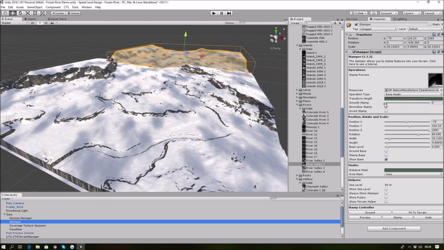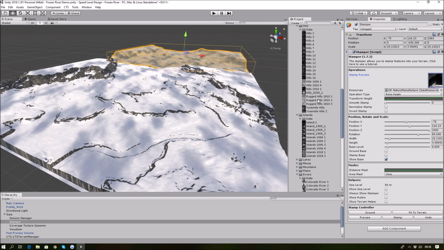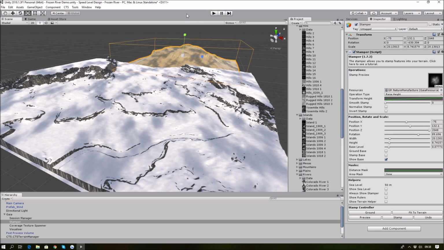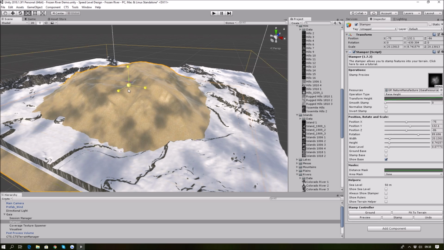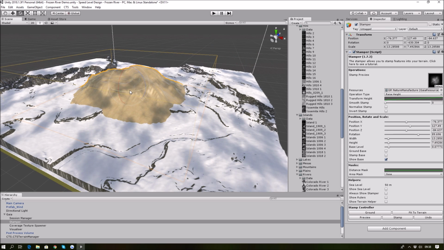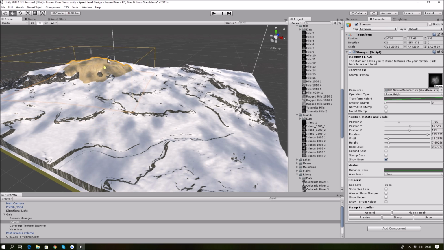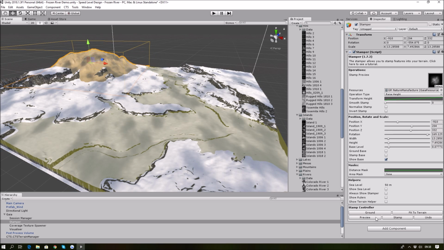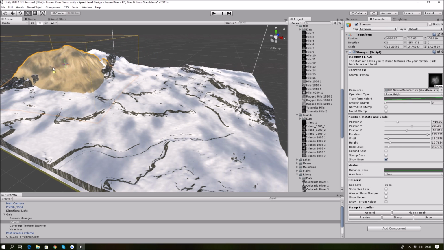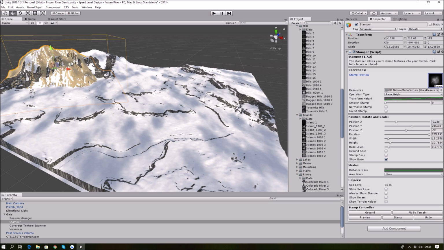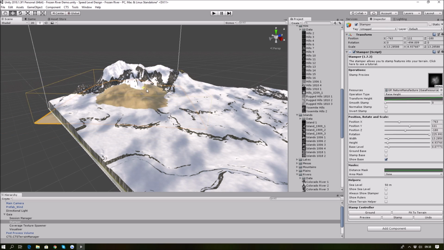Let's add some rocks now. I especially like this hill because it already has erosion included. It's really cool. In most cases I build a whole scene with only this one stamp. Just take a look at what will happen. I just put a few hills with different scale,